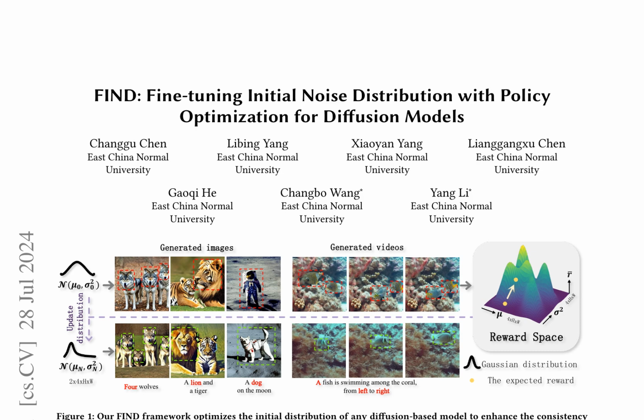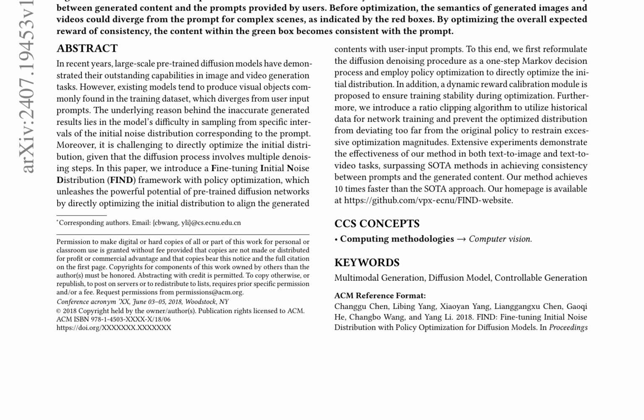models to enhance consistency between generated content and user input prompts. The authors propose formulating the entire optimization process as a one-step Markov decision process and employing policy gradients to optimize the initial distribution. A dynamic reward calibration module is introduced to predict the expected reward of the current initial distribution,